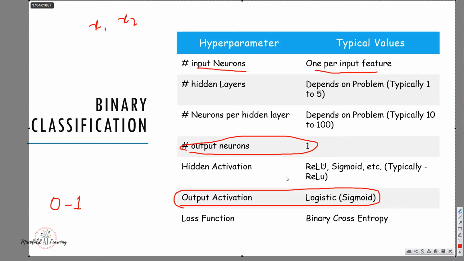And in my hidden layers, I'll have the activation functions of sigmoid or ReLU, but in most of the scenarios, we'll actually prefer ReLU activation function. And in order to reach the correct value during the training, we'll specify the loss function as binary cross entropy. This is very important, guys. If I'm performing the task of binary classification, then the loss function is binary cross entropy.